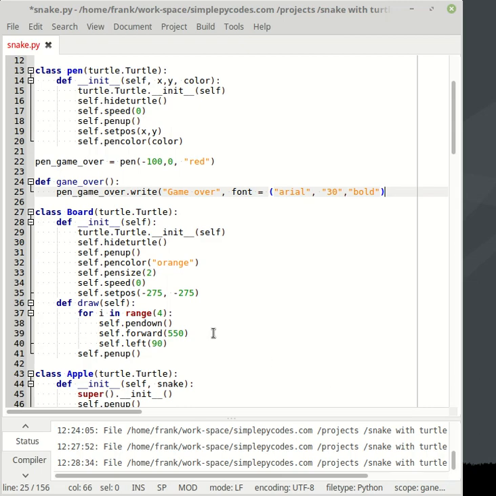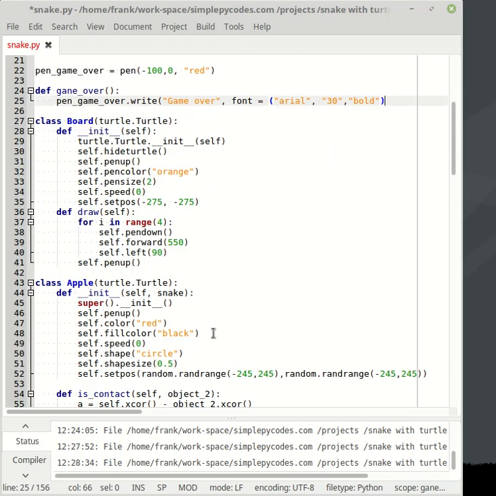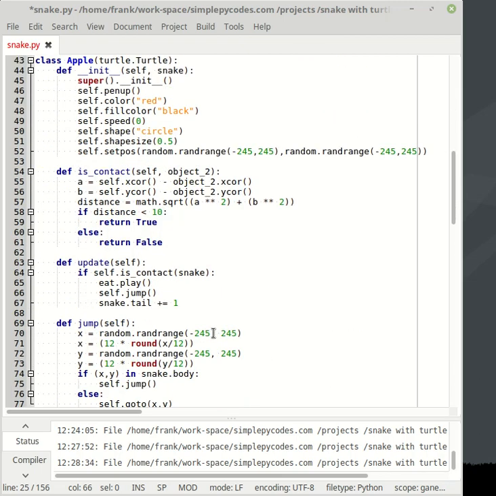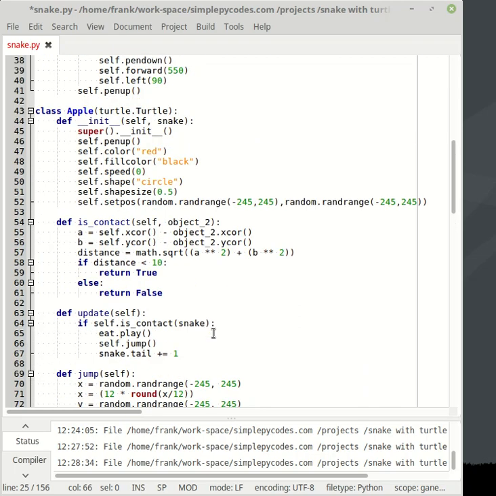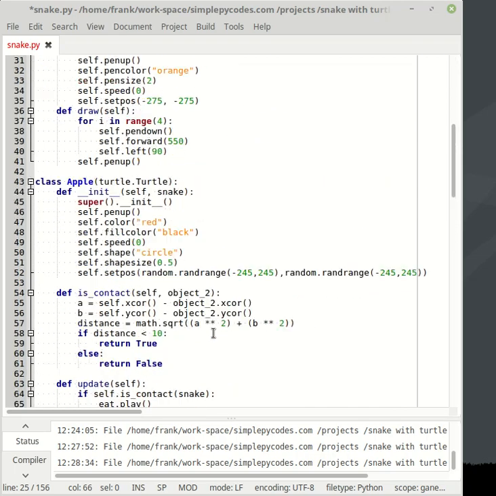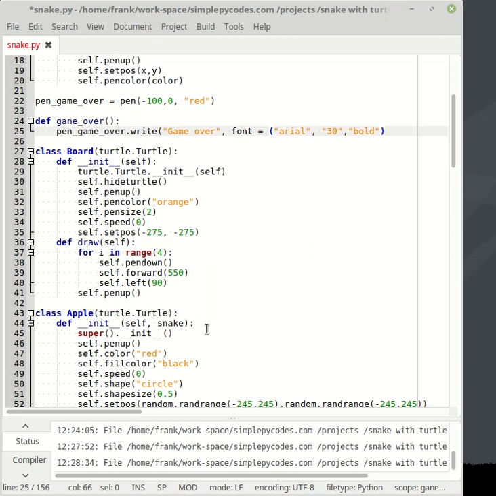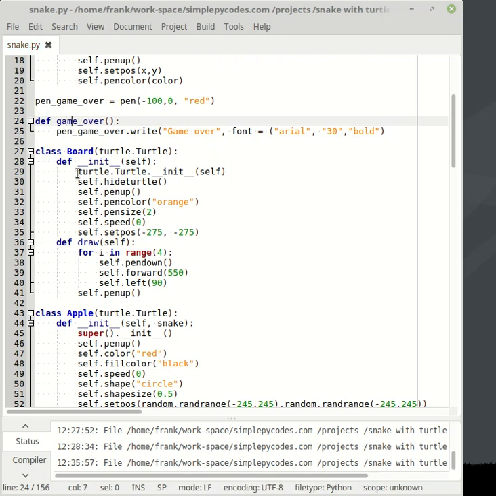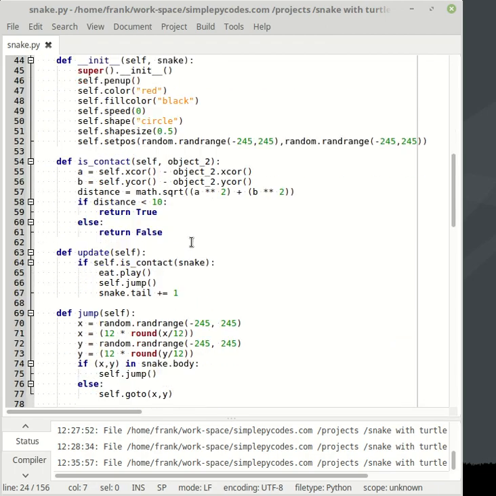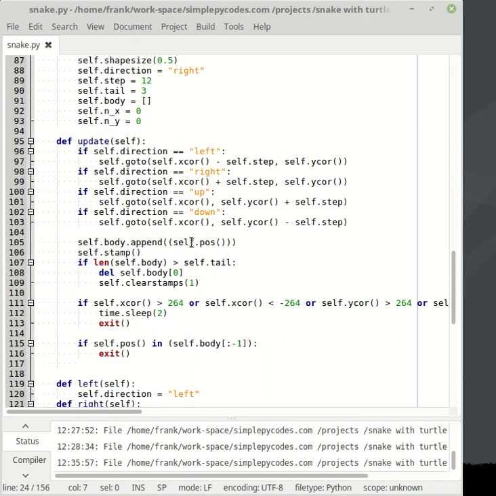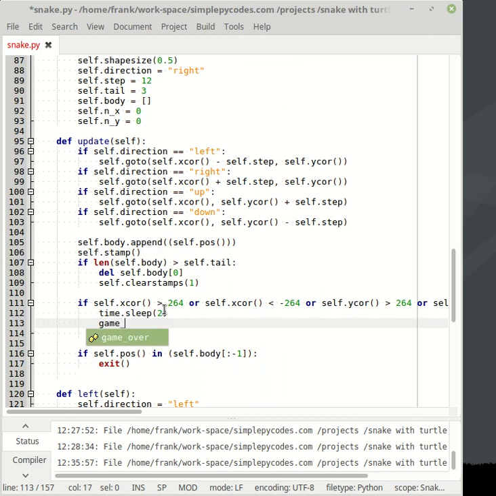We just need to call it, very easy. Game over. See, I just made a mistake. This is good. I checked it. Game over. And we come down. Oh, here. Instead of exit, we can write here just game over